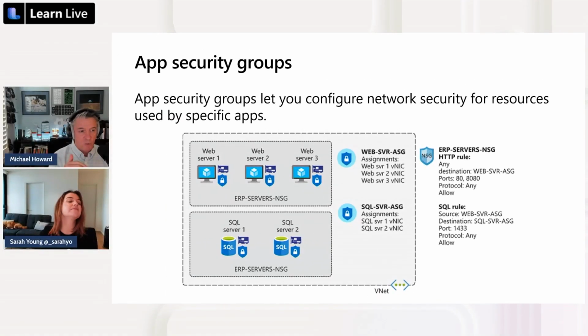So imagine you've got a scenario where, to be honest with you, this diagram doesn't really show it very well. But let's say you have some front end web servers, then in the middle you have some sort of middle tier. Then behind that you have some SQL databases. You could actually put application security groups in place that say the web servers can talk to the application servers, and the application servers can talk to the SQL databases. And that's it.